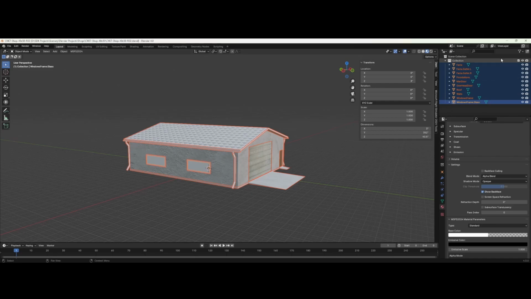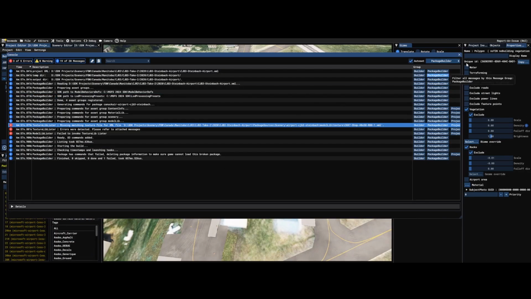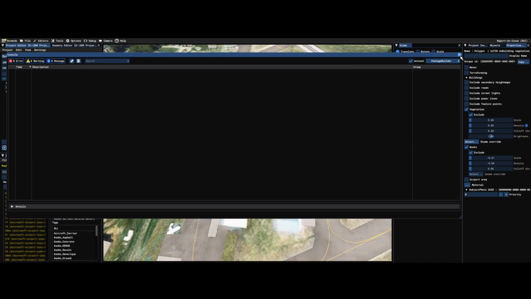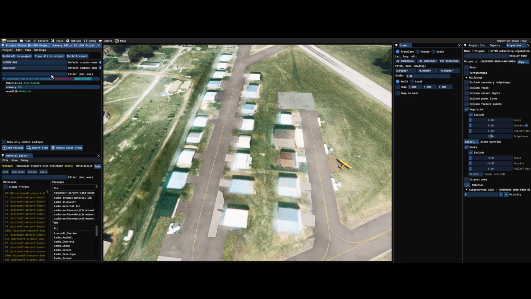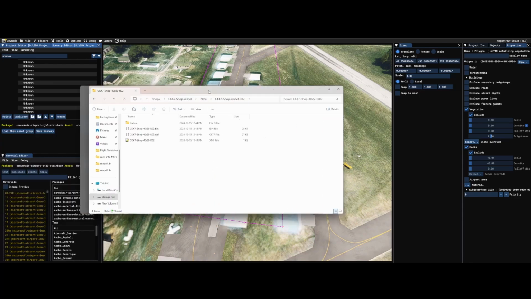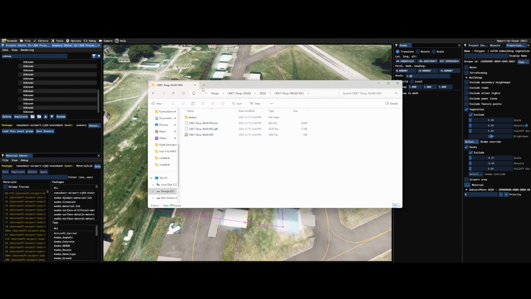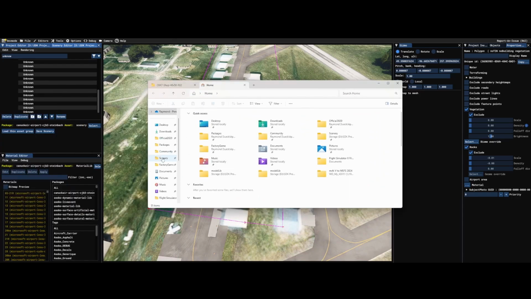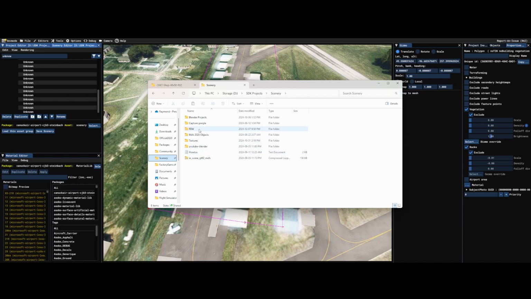So I'm going to kind of prove that out, hopefully. I don't know which one of these buildings that are in here is the unknown, but I'm going to leave them all there. And what I'm going to do is I'm going to take this package and I'm going to put it into